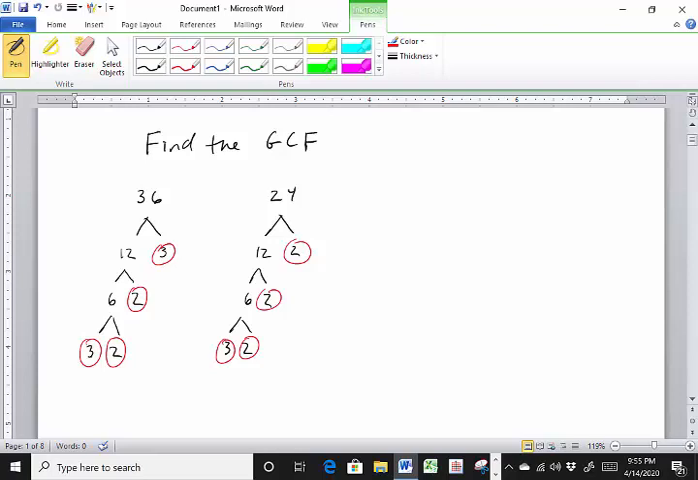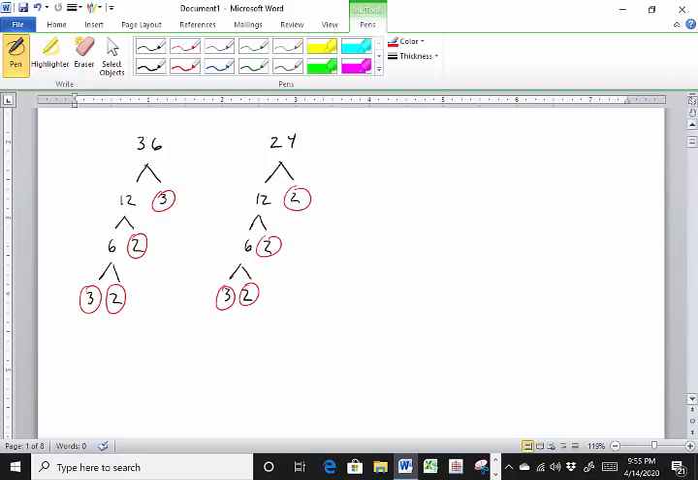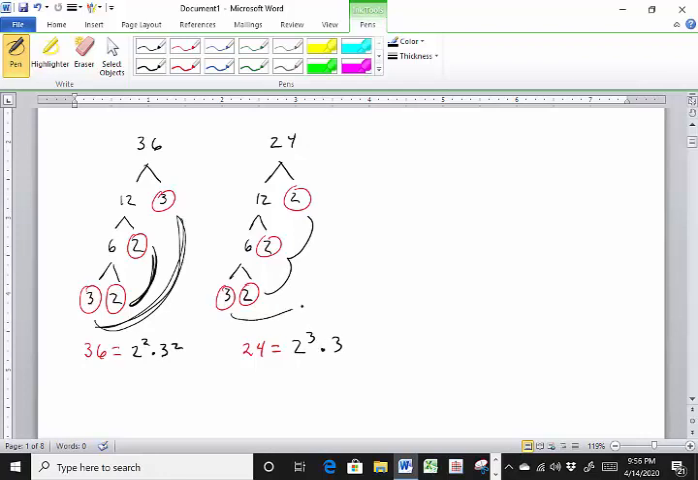So how we do this is let's write 36 in exponential notation, and that is going to be 2 squared times 3 squared. The 2 squared comes from right here, and the 3 squared comes from these two 3's. All right? And then 24, written in exponential notation, will be 2 cubed because of the three 2's right here, and then times 3 from this 3 right there, right? Okay, so now